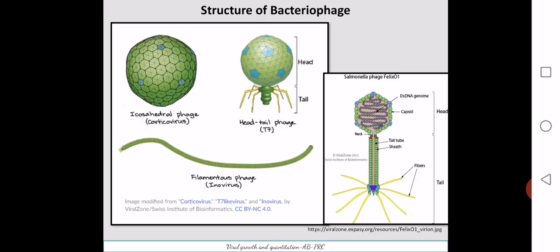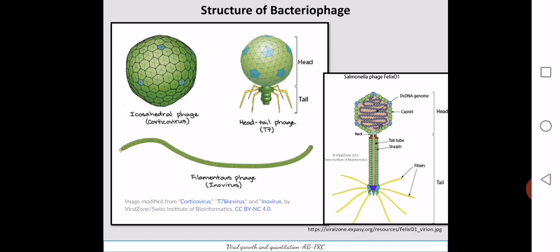Then you can see the bacteriophage structure. These are the different representative structures of bacteriophages. You can see icosahedral structure. Also you can see the head and tail, that means the complex symmetry structure. Also you have a filamentous type of phage. So all these phages are able to infect bacteria, and among them the complex symmetry is the most widely seen